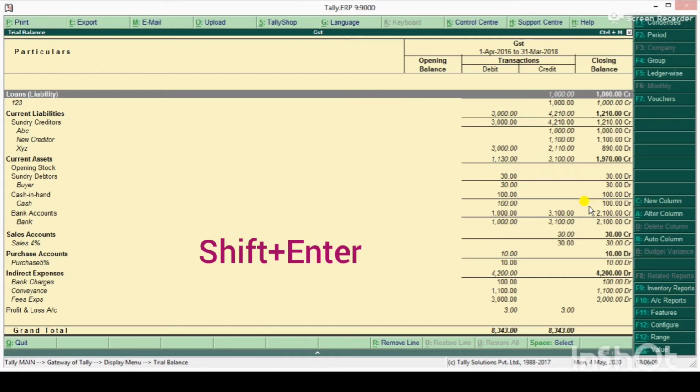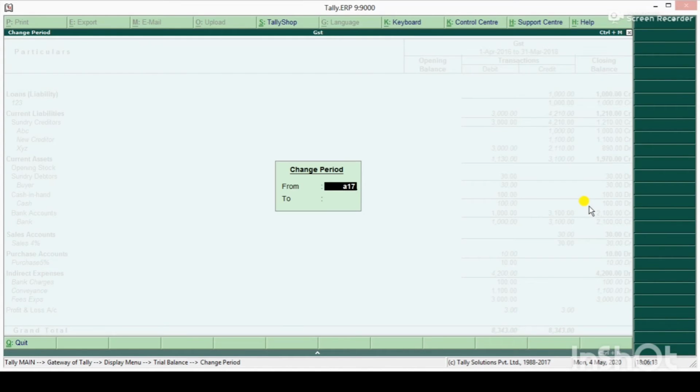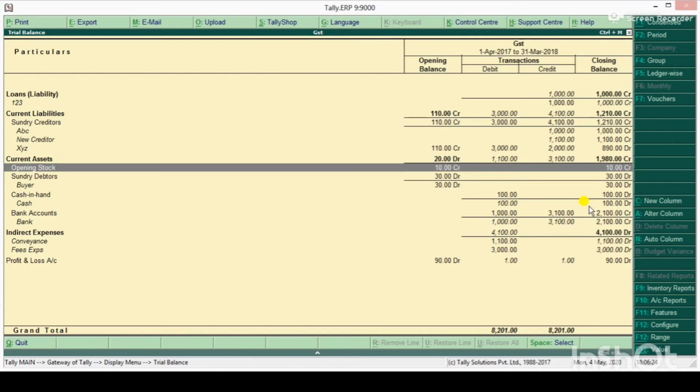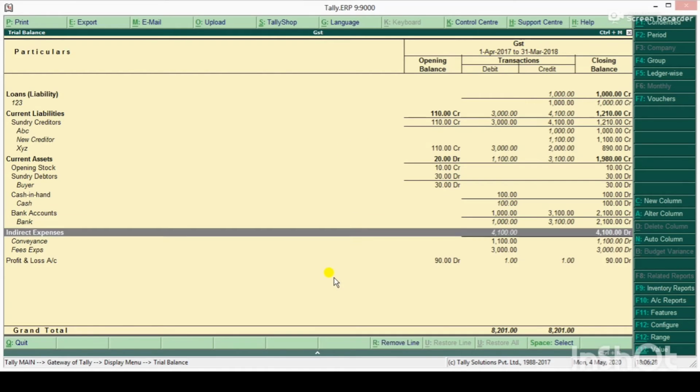So here we have got opening debit. If I change the period from April 17 to March 18, then it will show opening balance as well, because I have given a 2 year period from 16 to 18. So I have now changed the period. So here for example I have any balance without balance, let's give